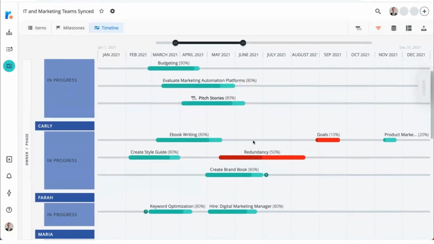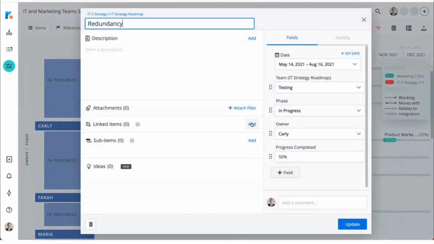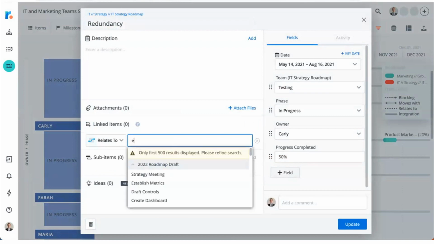So we can see that we have our items from our two different roadmaps. You'll see on that legend here that there are two different roadmaps based on the color code. So ebook writing, for example, and redundancy. These two items we could connect with each other and show that relationship as they're on two different roadmaps. So for example, if I select here, add a linked item,